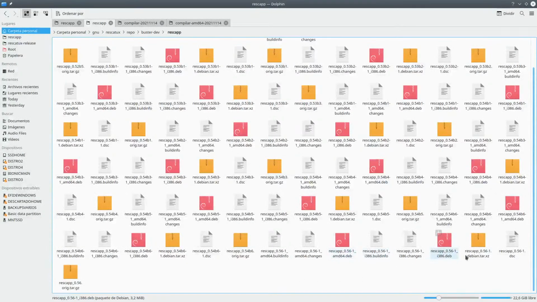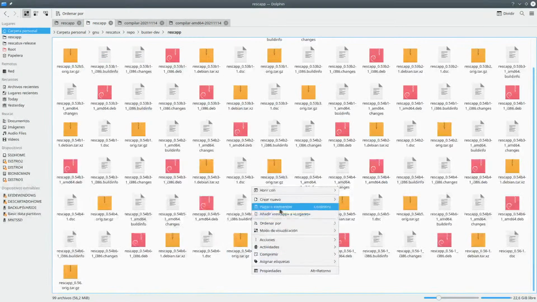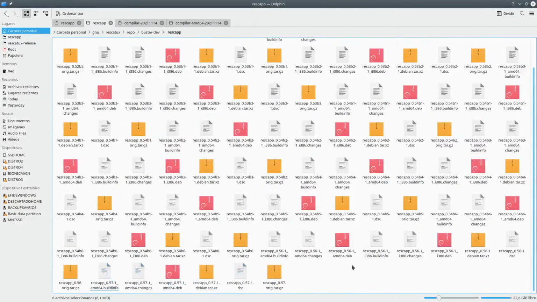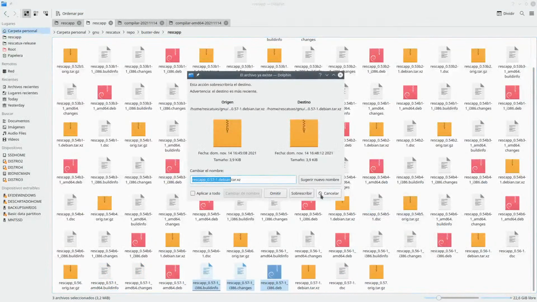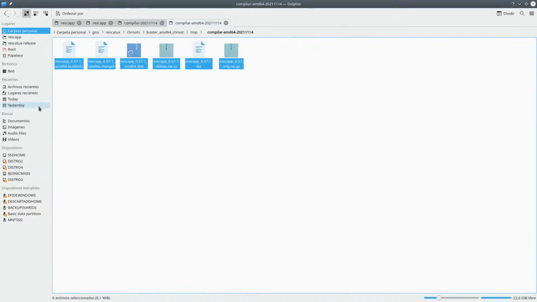Yeah, here there is a 0. Yeah, that's what I want, isn't it? Yes, I want this. Okay, so I copy here this, and then I copy here this, and I replace one file, which is the same thing, which is the source code and the DSC and the source code, another time. Okay, so now we still have to learn how the hell it works to update our